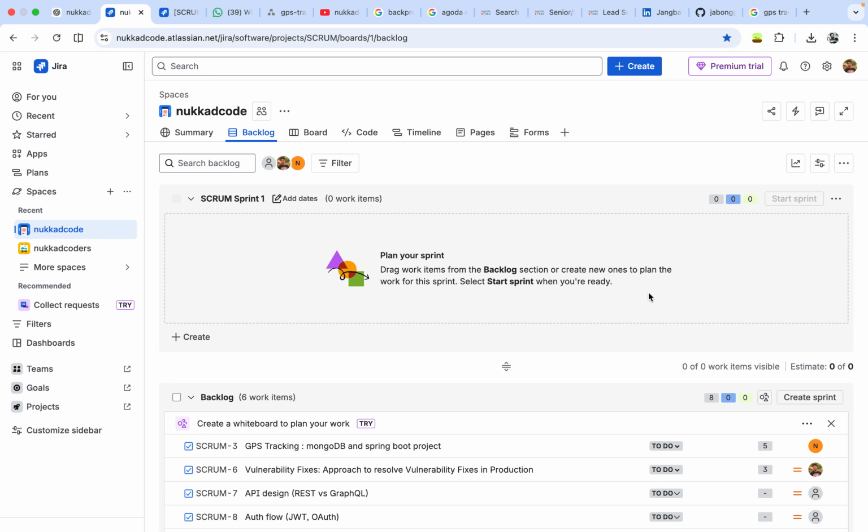Good afternoon. So basically, guys, you can see here I was thinking to pick a task for this sprint. Here you can see I have a sprint one, and it is saying plan your sprint. So generally,